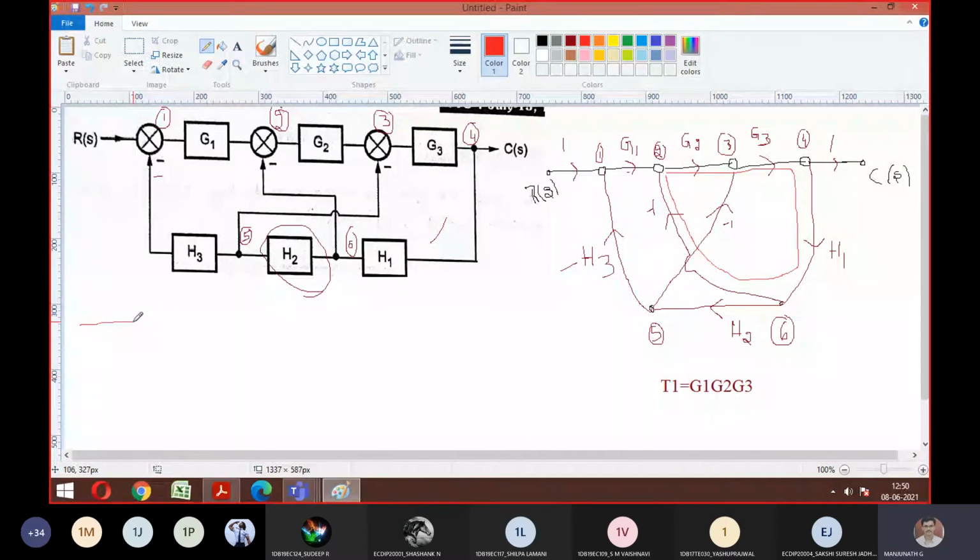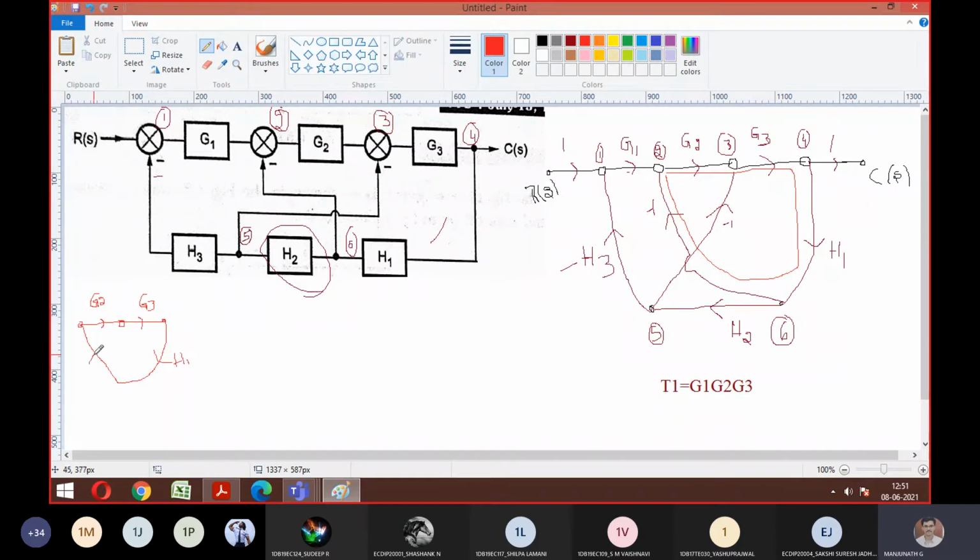Is it okay? G1, G2 followed by H1 followed by -1 and ending back at the same position. So you can now name it as G2. So the node will be there. You can mark the node connection, guys. So in between there is G3. So then we can connect H1 here.